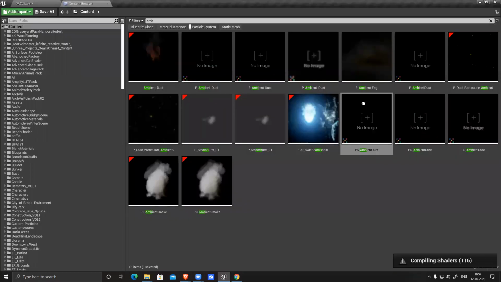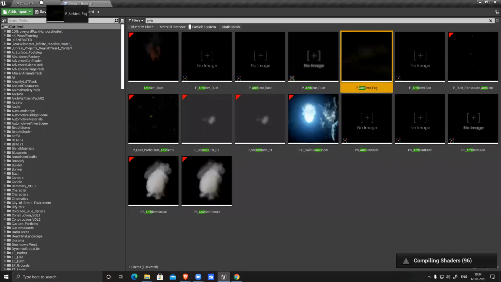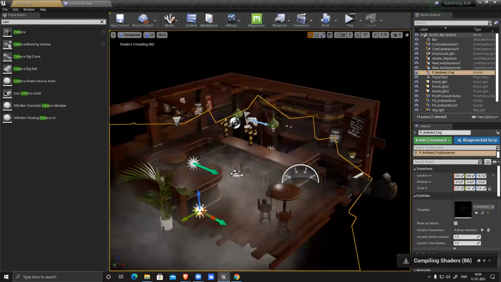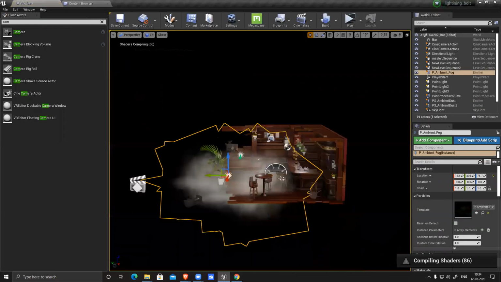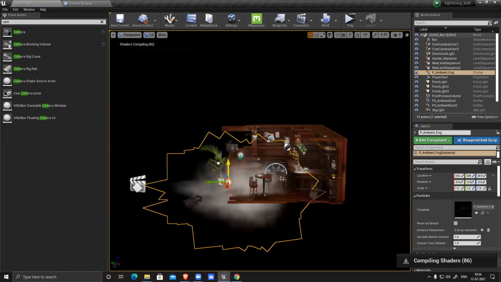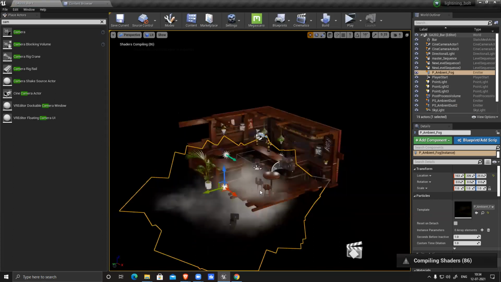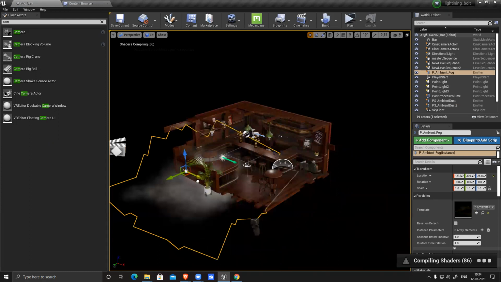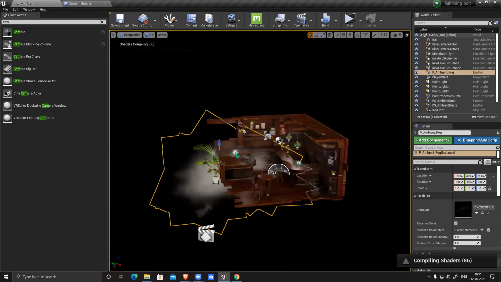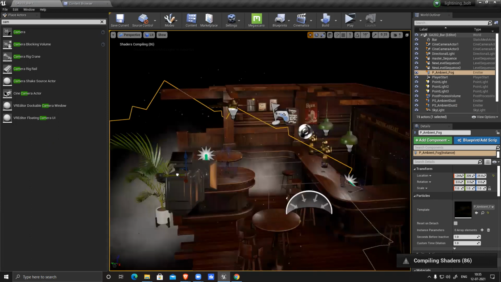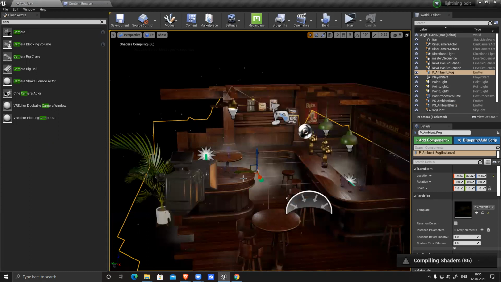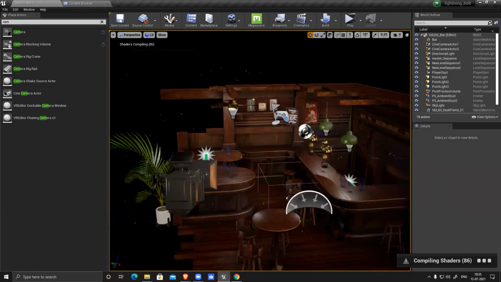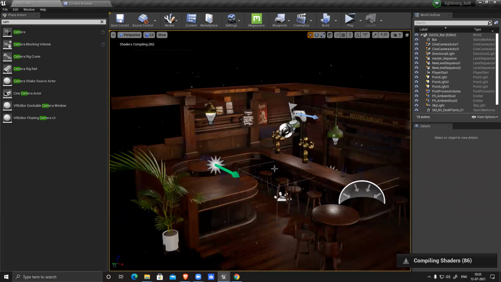And ambient fog, let's see. This is too much. I don't like it.